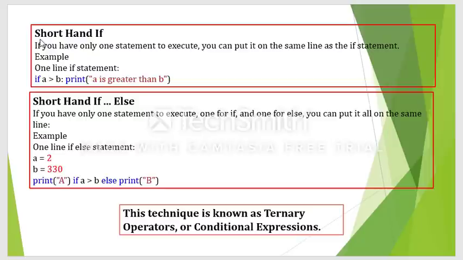Next, this is something called shorthand if, which we have also learned in C programming. If you want to check whether A and B, which is greater or which is lesser, we can write that whole statement in a single line also. So how can we write it: if A greater than B colon, then print A is greater than B. No need to write this in the next line. You can write it in the same line also. This is called the shorthand if statement.